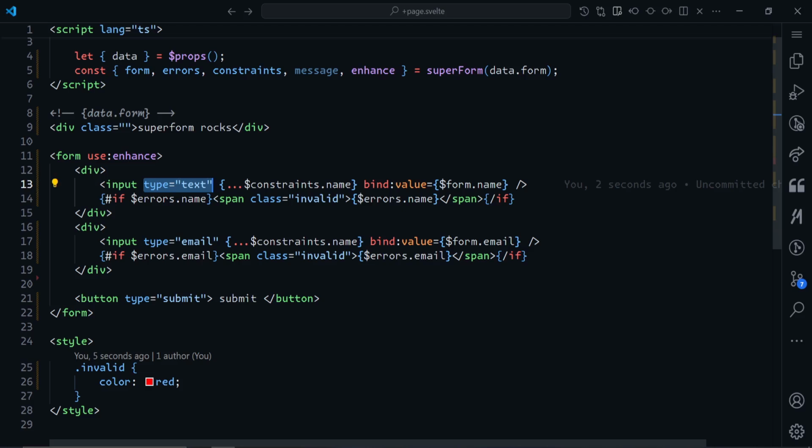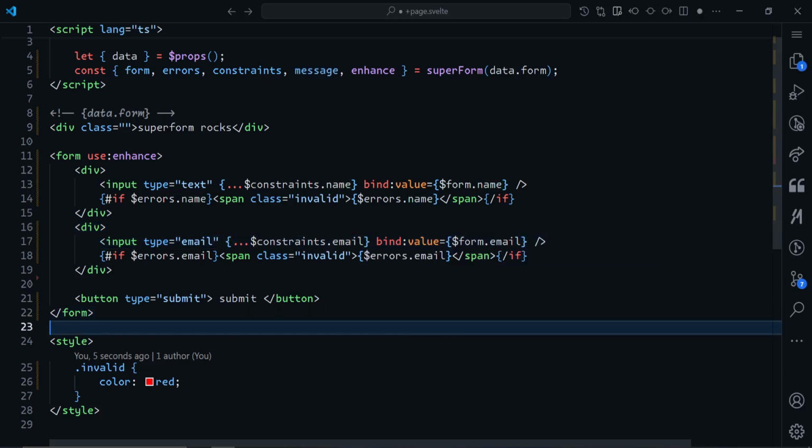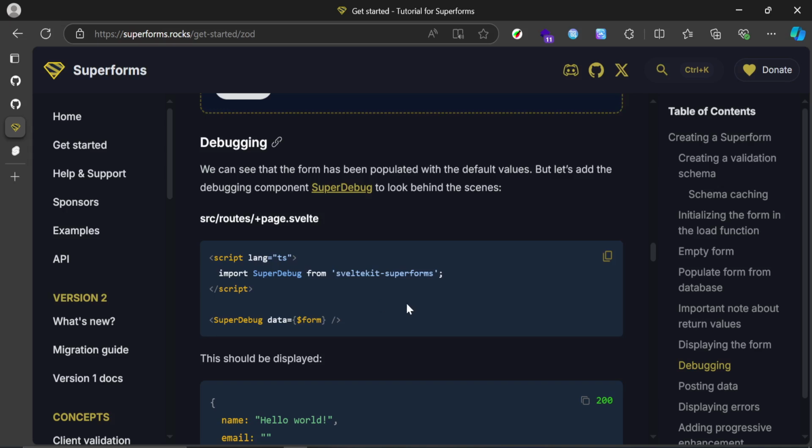This is just simply a type, and then we are spreading the constraint for the name. Then we are binding the value to the form.name. We're doing the same thing for the email, but for the email, it won't be for name, it will be for .email. Now, one other thing that we can do is have this super debug,